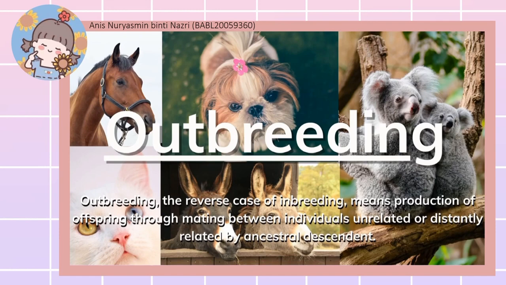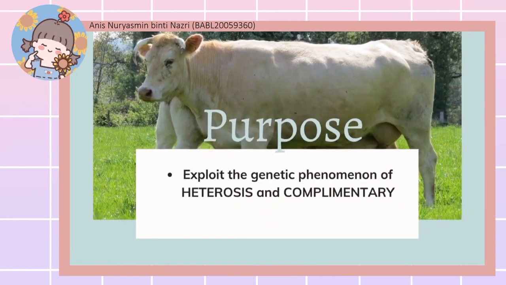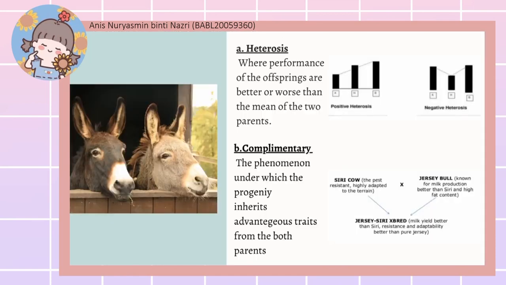What is outbreeding? Outbreeding is the reverse case of inbreeding, meaning production of offspring through mating between individuals unrelated or distantly related by ancestral descent. The purpose of outbreeding is to exploit the genetic phenomenon of heterosis and complementarity. Heterosis is where performance of the offspring is better or worse than the mean of the two parents, which means positive heterosis or negative heterosis. Complementarity is the phenomenon under which the progeny inherits advantageous traits from both parents, such as